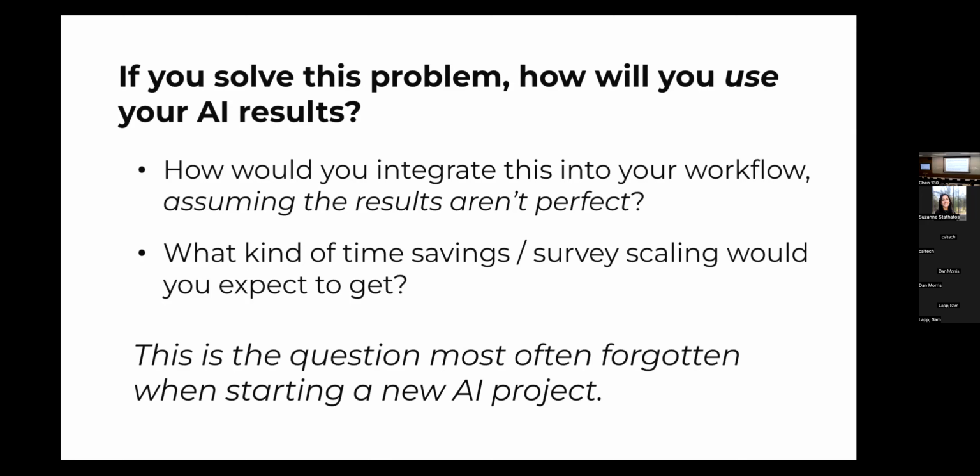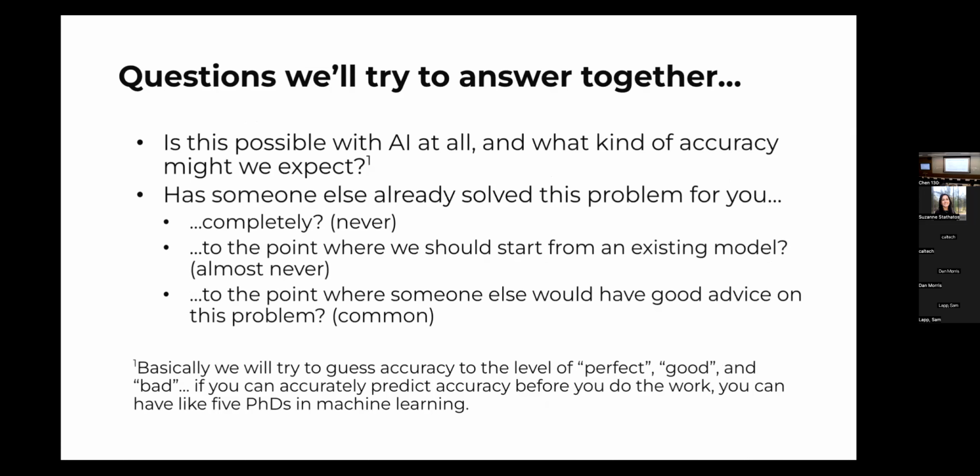It really does set the guidelines for the accuracy you want to get to, and really thinking through how you would integrate an AI model into somebody's workflow, assuming the reality that AI isn't perfect. What will you literally do with the output of that AI model, and how much time will that save you? How much bigger an area can you conduct your survey over, whatever the actual outcome is, and really ask, even if the AI goes great, is this going to be useful, and what will you do with it? And this is, like I said, the most often forgotten aspect of an AI problem when starting from scratch.